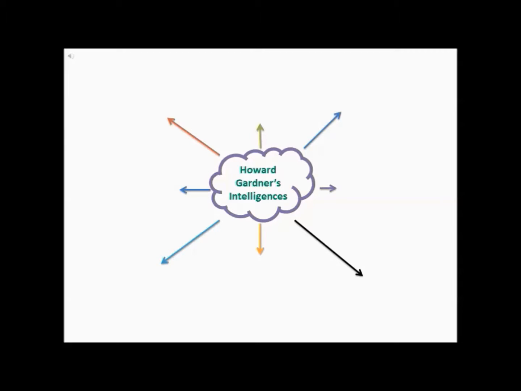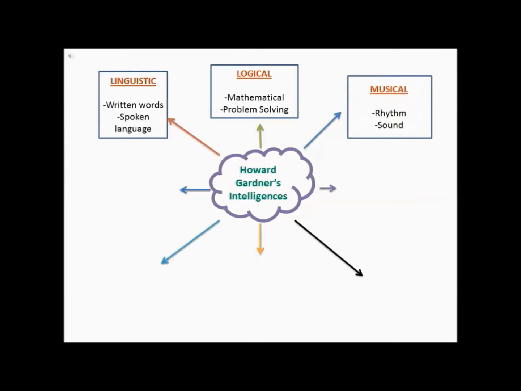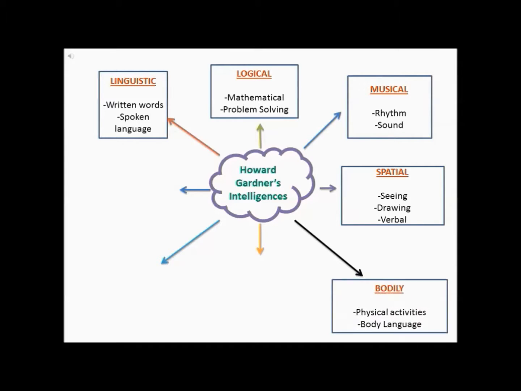These include linguistic, which are people who learn through written words or spoken language; logical, mathematical learners, so learning through problem solving and experimenting; musical, people who enjoy learning with music, rhythm and sound; spatial, people who learn by seeing, so being aware of their surroundings and taught through drawings and verbal speech; bodily, people who